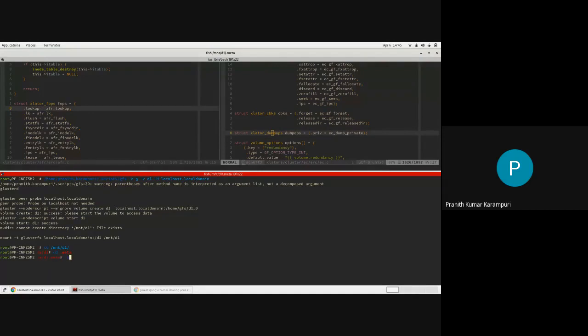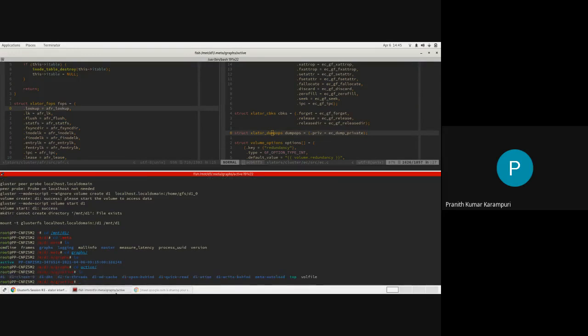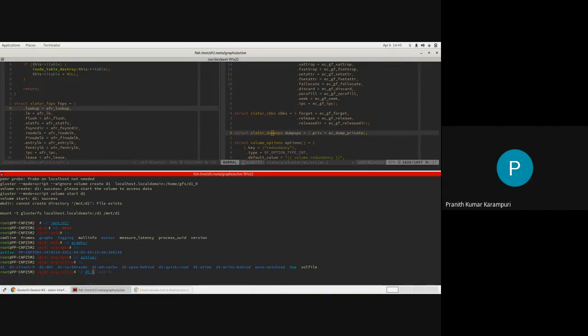Okay, it won't appear if you don't do cd .meta, but you can go into this. So this graph is nothing but the graph that is loaded in the process. Okay, so active is the active graph that is present now. Now you can see all the translators that are loaded here. Okay, so you can probably look at, let's say, D1 DHT.